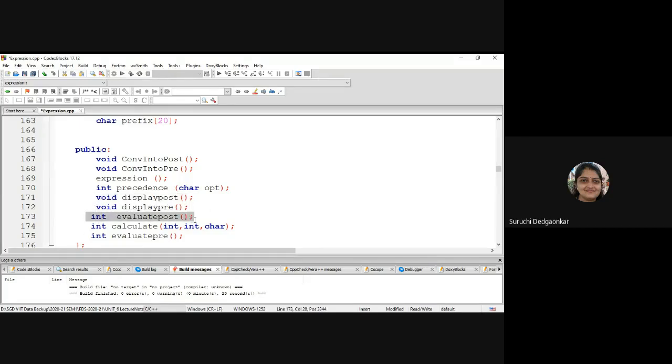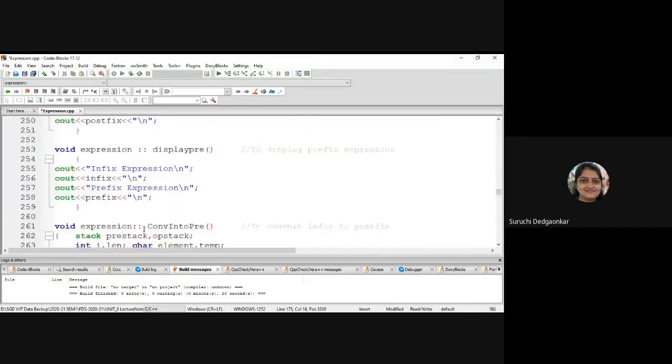And there are evaluate postfix and evaluate prefix functions. For this we need the calculate function, which we have seen, where we pass two operands and an operator, and then the operation will be done between them. Evaluate postfix and evaluate prefix we will see first.